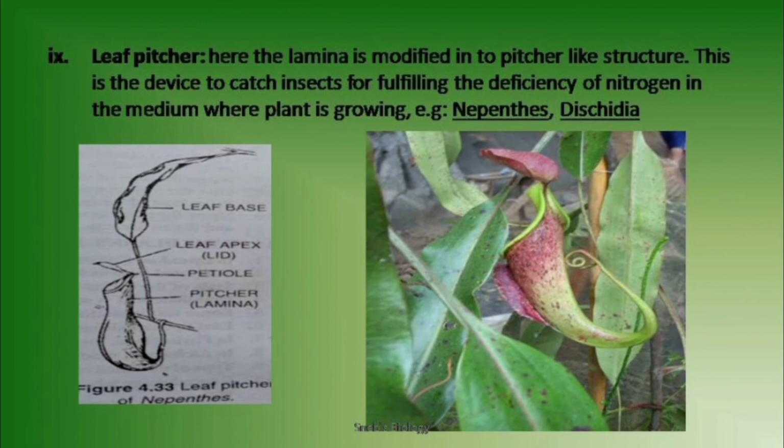One more modification is where the leaf gets modified into a pitcher. So we call them leaf pitchers. In the case of a leaf pitcher, the different parts of the leaf show different types of modifications. So we already talked about it. Here the petiole has become tendril-like, and we find a vase-like pitcher structure with an opening with a lid. If we closely observe this pitcher, we also find venation in the pitcher. So different parts have been modified into different things. Here the petiole is modified into tendrils, the leaf blade is modified into the pitcher, and the leaf apex is modified into the lid. This is seen in the insectivorous plant Nepenthes.